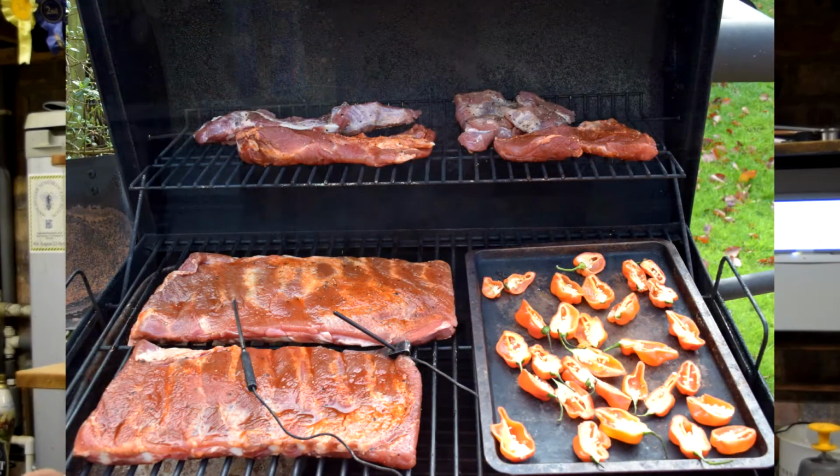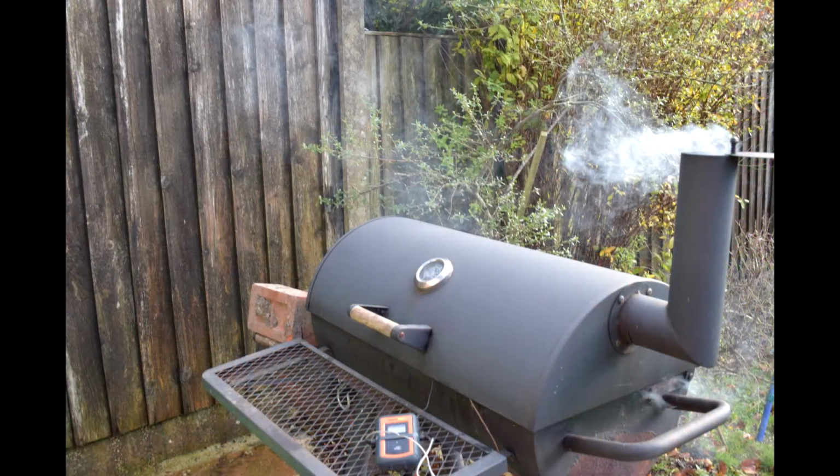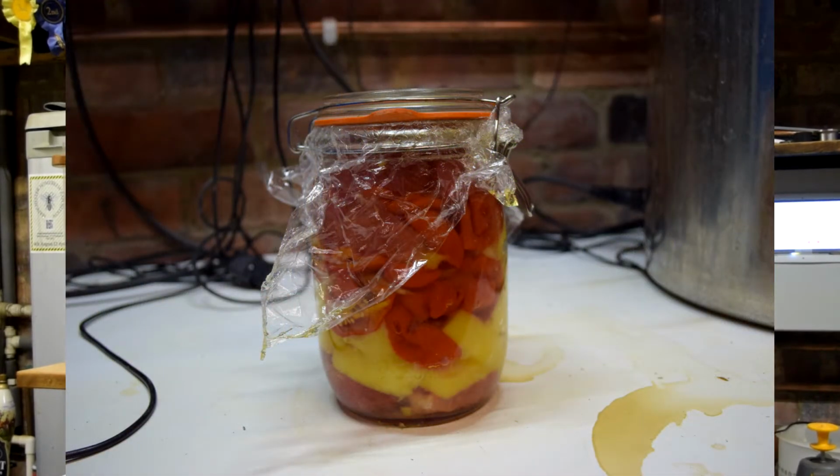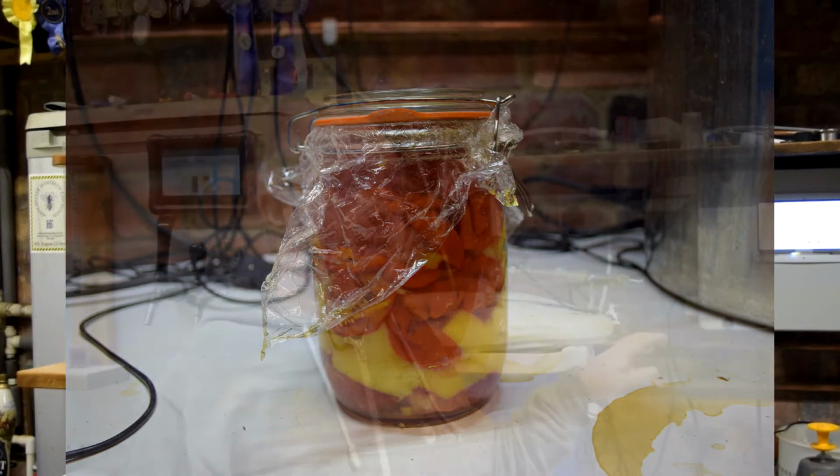I bought some what I believe were habanero chilies off my local market. They were arguing about what they actually were. I think they're habanero. I smoked some of them outside in the smoker. Filled a larger jar than that up with them all, including, as well as the chilies, I put in some fresh mango and some pink grapefruit. And then I topped it all up with a load of saline, so salty water, and then left